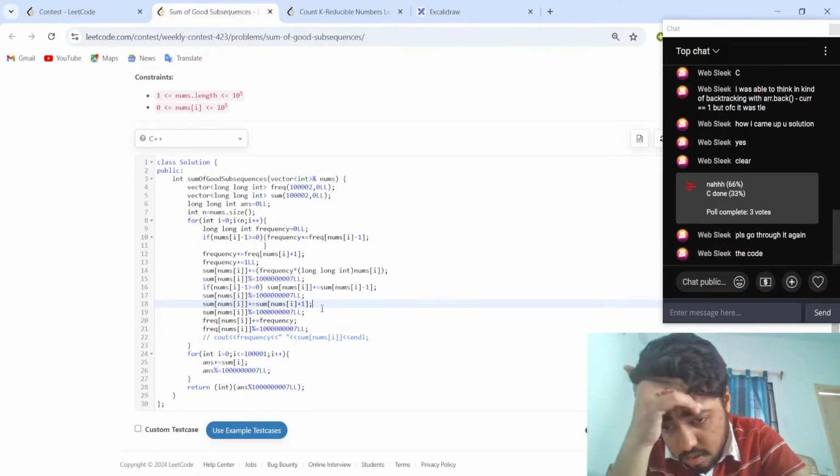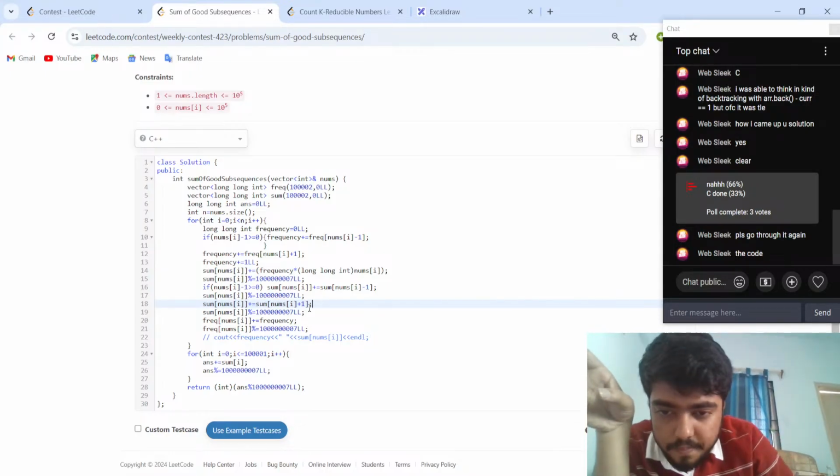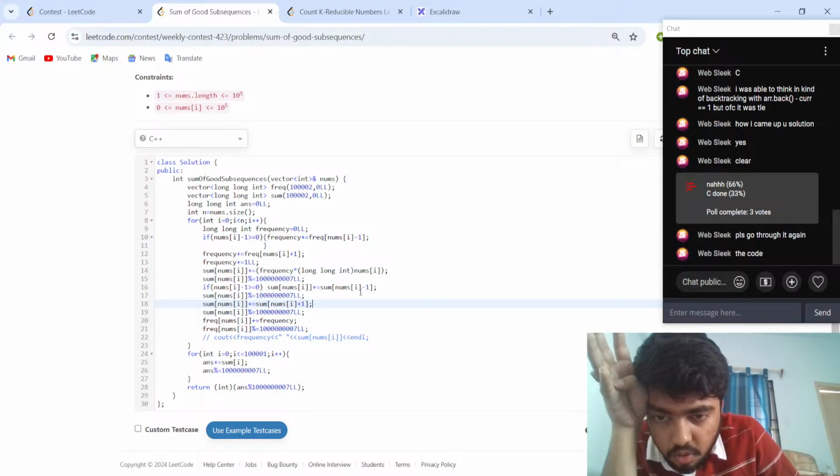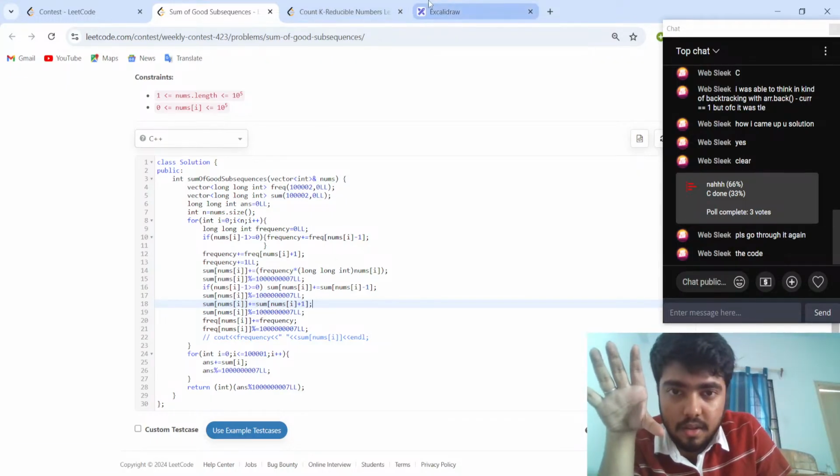Yeah, I'm going through the code only. So apart from the derivation, what happens is basically you also have that element some number of times, right? Over here,